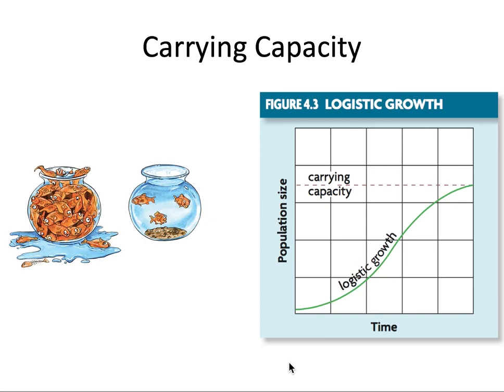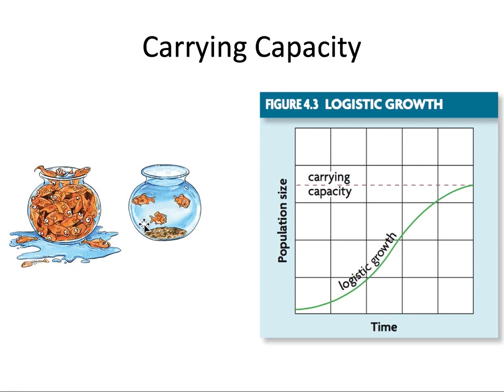So what is carrying capacity? Carrying capacity is the largest population an environment can support, and it can change when the environment changes. So here is an example. This is a little fish bowl, and the carrying capacity of this fish bowl is 3 fish. That's the number that can fit here and survive. Once you start adding too many fish, the extra fish die off. They don't get enough food, they don't get enough space, the waste builds up to toxic levels, and basically fish will end up dying all the way until you get back down to 3 fish, which is the carrying capacity